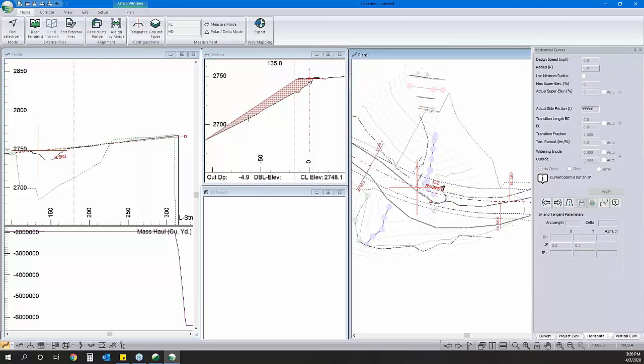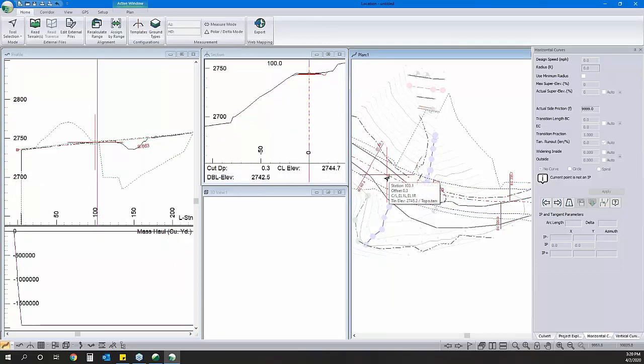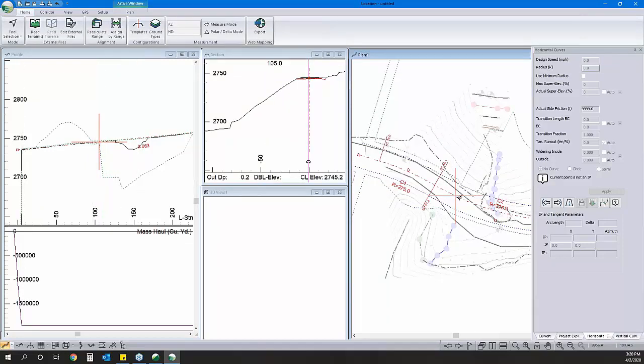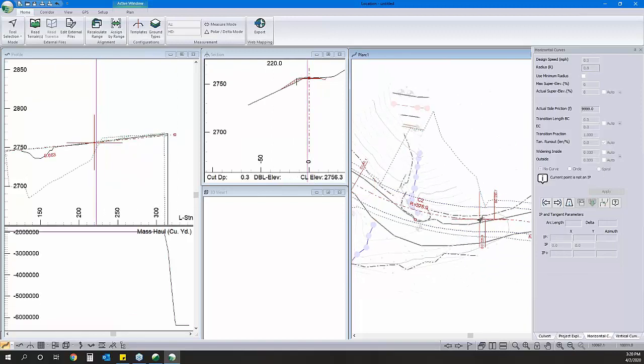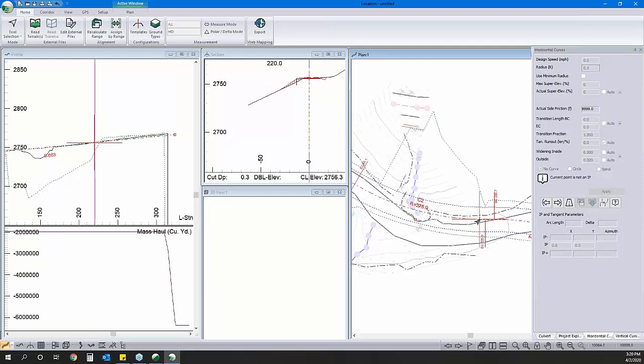So just like we did before, we're going to have to make a decision on where to put this wall. Let's go station 100 or 105 to station 220. That's probably reasonable. So back into here,